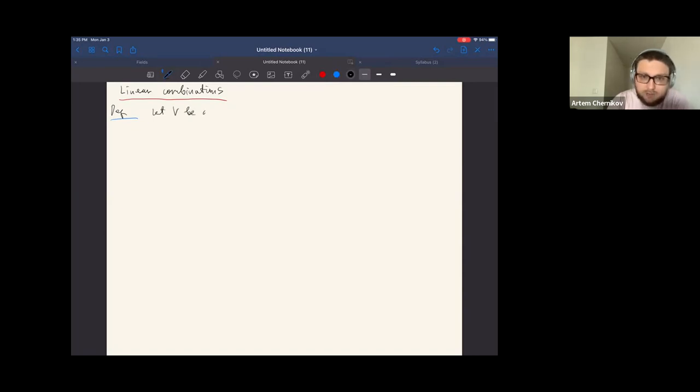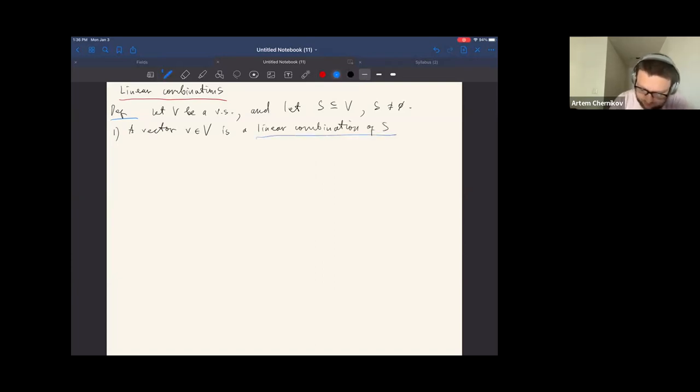As usual, let V be a vector space, and let S be a subset of V which is non-empty. So I'm not requiring it to be a subspace, just an arbitrary subset which contains at least one vector. Then a vector V in the space, capital V, is said to be a linear combination of S, or sometimes a linear combination of the vectors in S, if one can write this vector V as a sum of the form A1 times U1 plus A2 times U2 plus etc. plus AN times UN